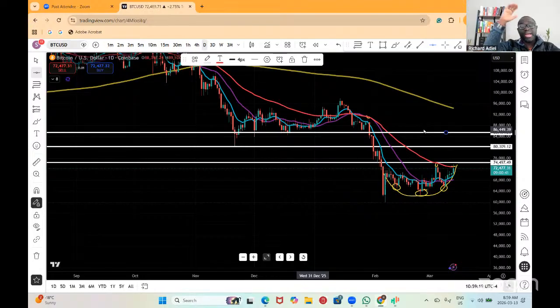By then, the stock market would have sold off a lot. By then, the stock market would have traded below the 200 SMA. And if you look at the fear and greed index,